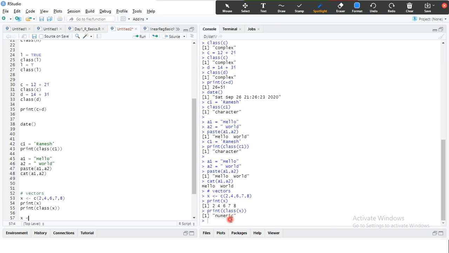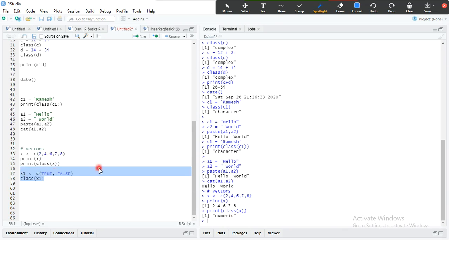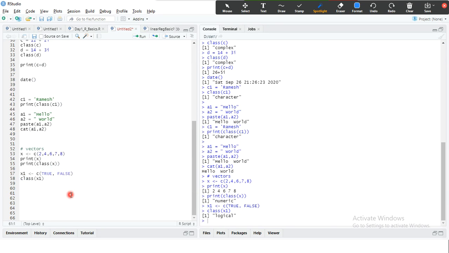Now, if I wanted to store, for example, instead of giving x for everything, this is the logical vector, since it holds all the logical values.